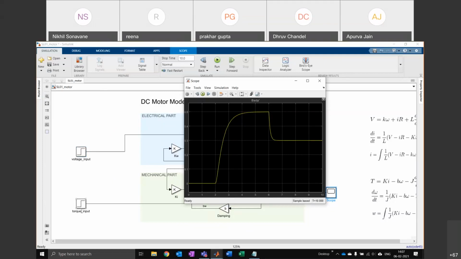Then after a time of 6 seconds, I apply a torque and the speed of the motor falls, and then it stabilizes at another position. Does everyone understand this?